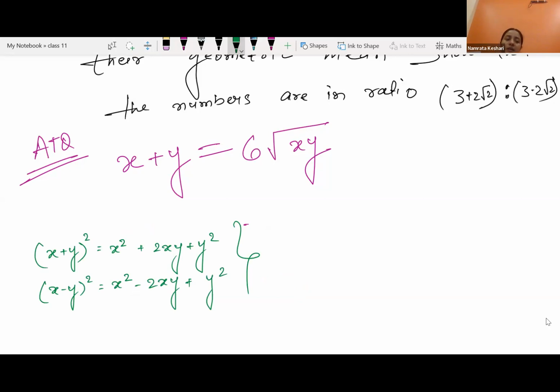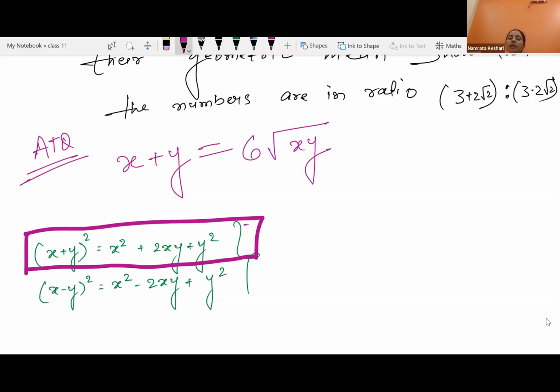Yes, ma'am. Right. So if we will use this identity, maybe we are using the first identity to take out x square y square. Let's check what can be done. The first identity, if we are using, we don't know what to do, so we are thinking about using the first identity, or maybe we are thinking about doing squaring over here. Squaring both sides